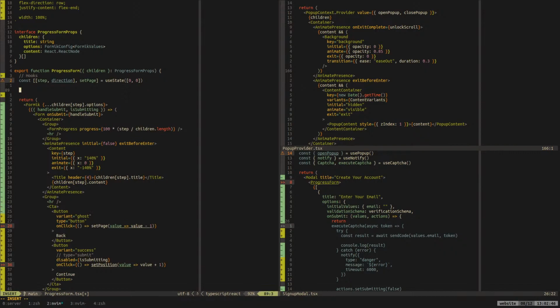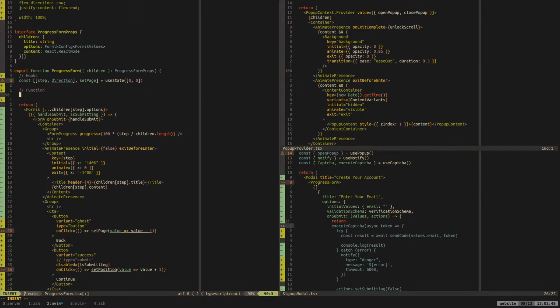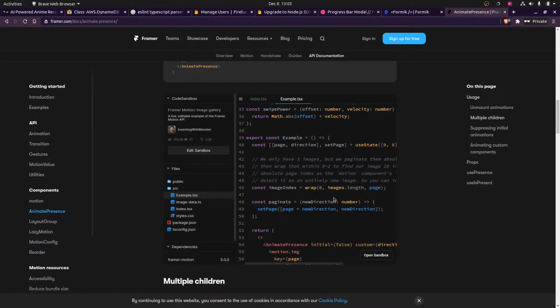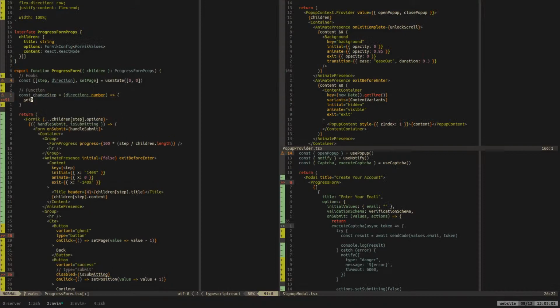We want to make a function called change step, and this will take a direction, which is a number, and return the new state. Actually, we're going to set the page here. Now that we're calling things steps instead of pages, I like calling it set step. Yeah, that's better.